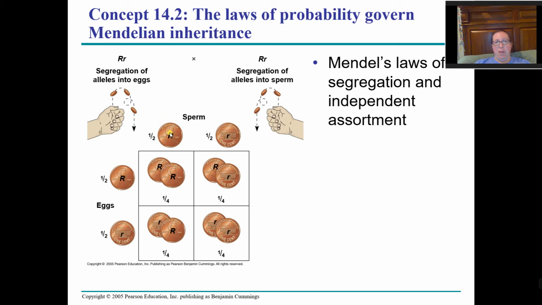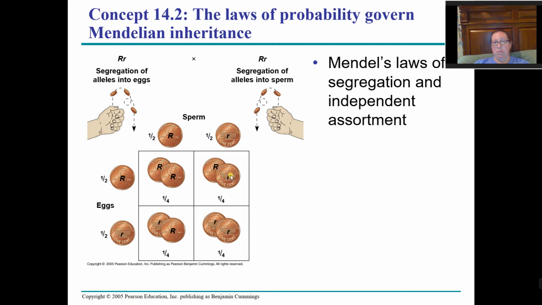It's kind of like flipping a coin, right? You have a half chance of getting a head and a half chance of getting a tail. And with the other side, mom, dad, you have half a chance of getting a head and half a chance of getting a tail. So you're putting them together. So the segregation and independent assortment. You've got the fact that they independently